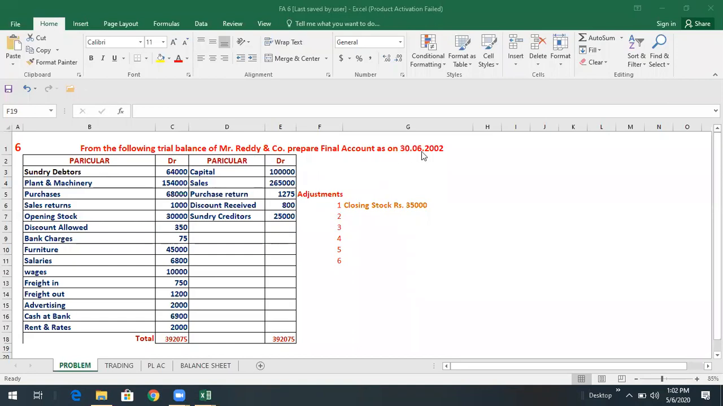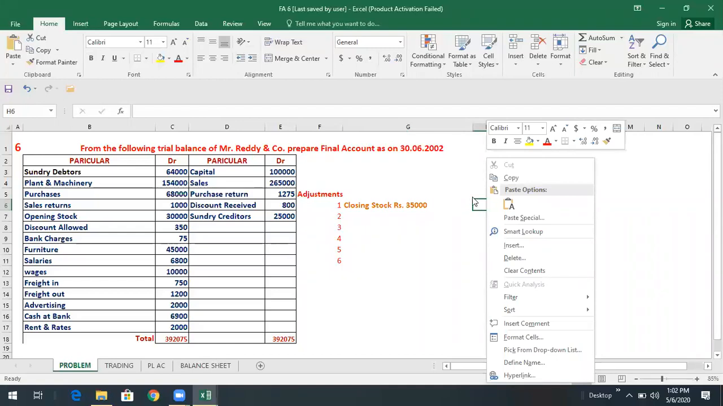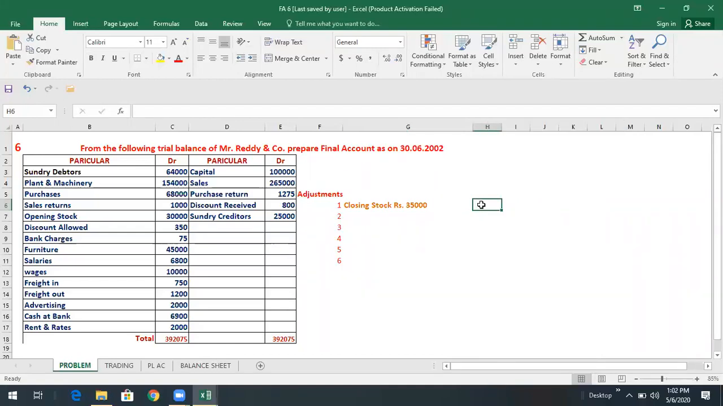On 38th 6 2002. So these are the particulars. This is the debit side, this is the credit side. In this problem we have only one adjustment. The adjustment is closing stock. So it is very easy to enter the closing stock. Once we enter it at trading account credit side, then we enter it in balance sheet